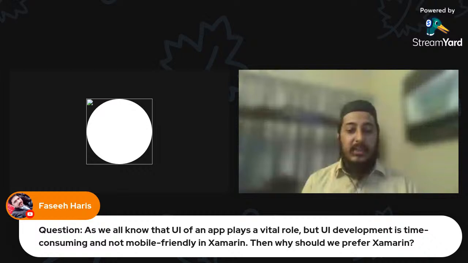But as newer versions came, and as I said, most of the XAML properties are just like your properties in HTML and CSS. You can center align things. You can get the grid and do its work for you. You can adjust the height and width of the rows and columns.